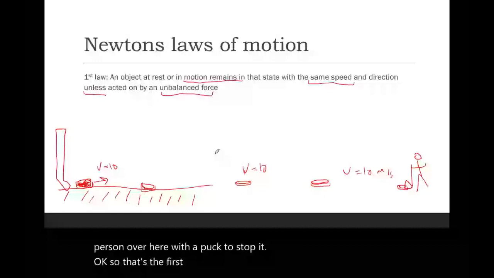Okay, so let's move on to the second law. It says if a net external force acts on the object, then the object will accelerate. Pretty straightforward. That's given by this equation here: force equals mass times acceleration. And of course, force is a vector, so I'm putting a little line on top. So the net force is equal to the mass times the acceleration.